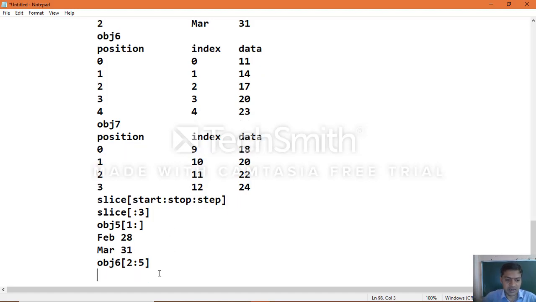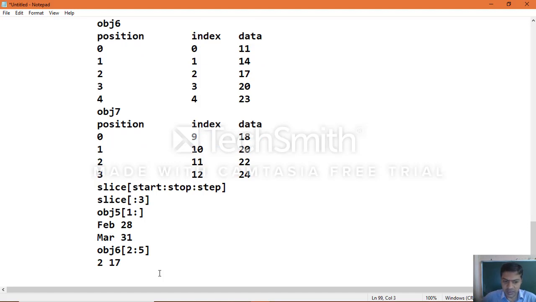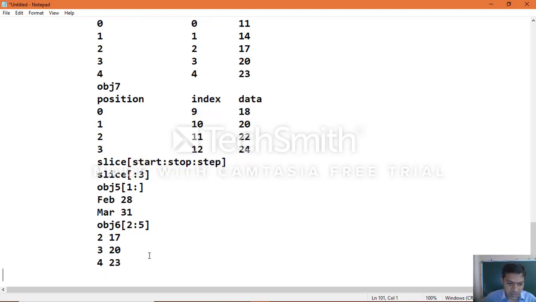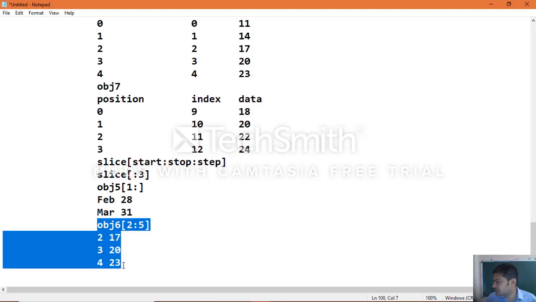Position 2 represents 17, position 3 represents 20, and position 4 represents 23. That is how slice works when you specify start and stop or end.